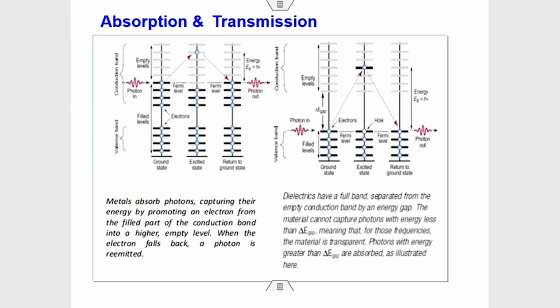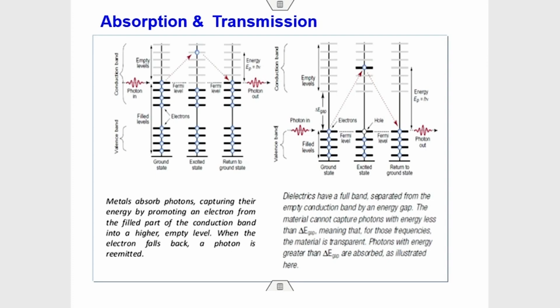Now let us talk about this absorption and transmission effect in a material. What happens in a material? Metals normally absorb photons because metals have a lot of free electrons. Basically, electrons are not localized and not bound to a particular atom, so they are like a free electron gas. So metals can absorb photons easily,